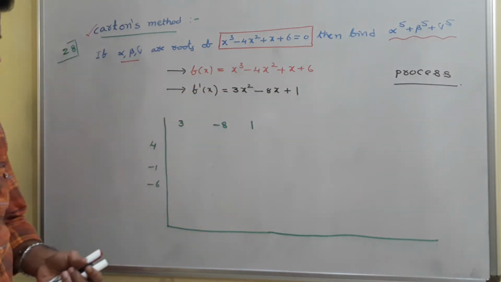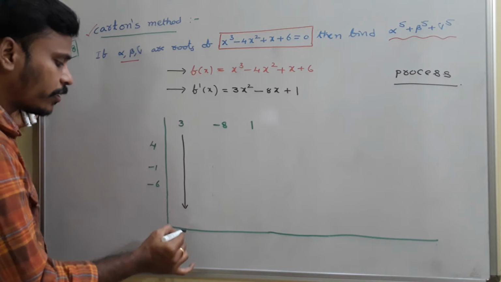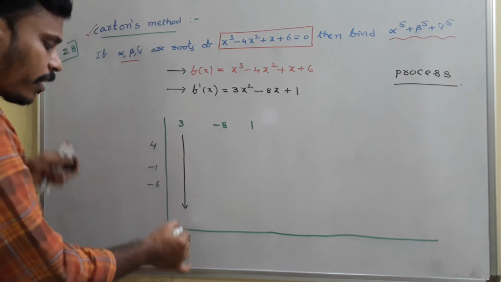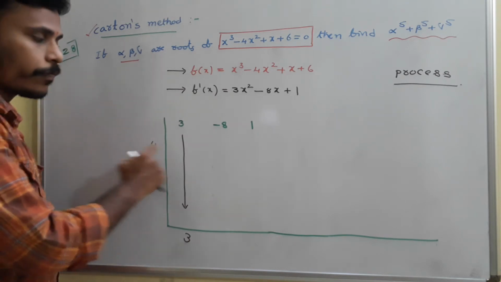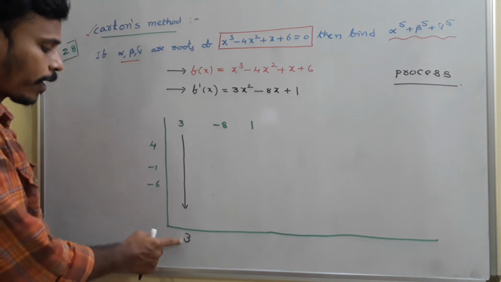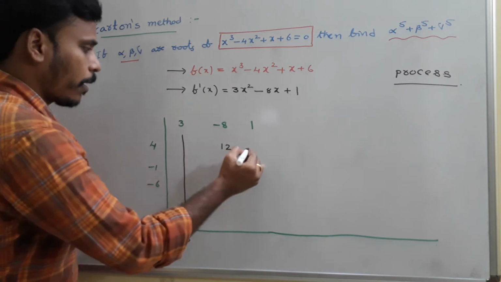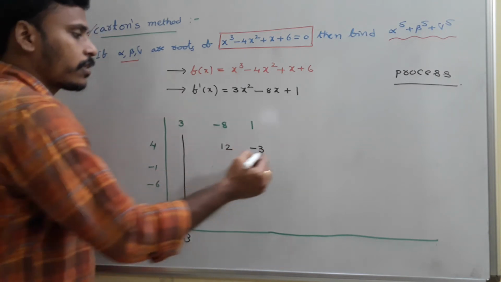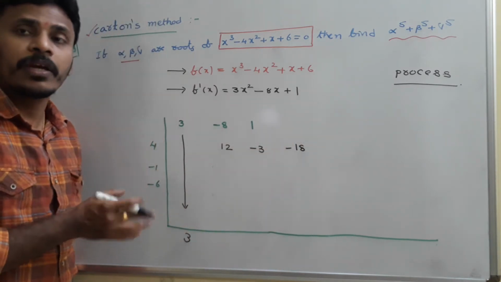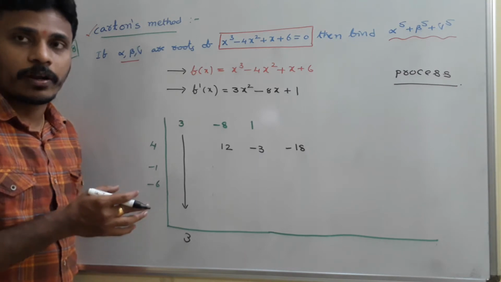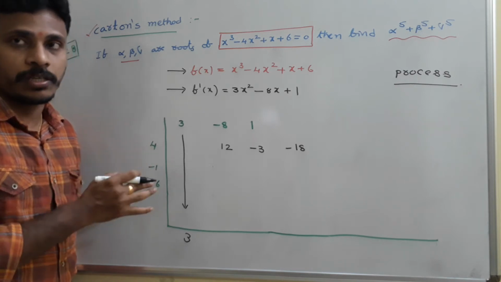Now the immediate first step is to add all these things, and that is 3. Nothing else will be there. Take it as 3, the first one, and then multiply all these numbers with 3, row wise. 3 fours is 12, 3 into minus 1 is minus 3, 3 into minus 6 is minus 18. I am not giving you the reason now, I am just giving you the procedure. Some other time I will give you the reason. Actually it is not required, and it is based on the calculus part. You just pay attention to the procedure, how we are doing it.